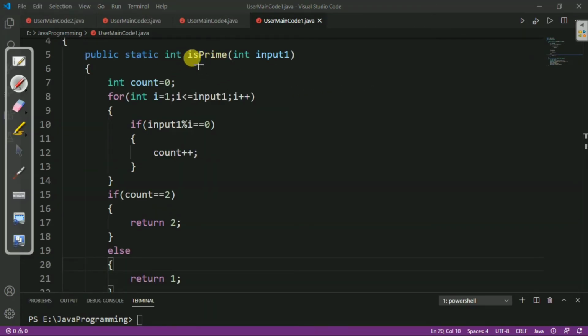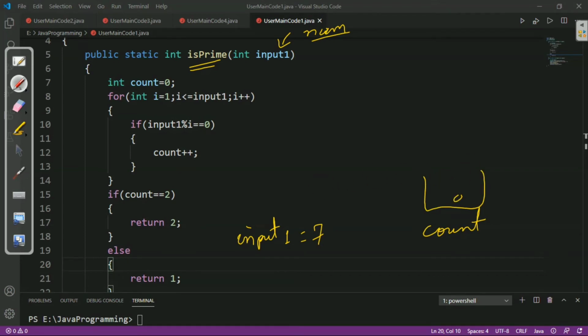At first we have defined a method named isPrime with one formal argument as an input, that is input1, and let's pass the value of the actual argument that is stored in the num variable. Initially let's take input1 equal to 7, and after that we have declared one variable named count. So let's take here count, and initially the count value is 0, and after that we have taken the for loop, for int i equal to 1. Initially the i value is 1, and after that we will check the condition if i is less than or equal to